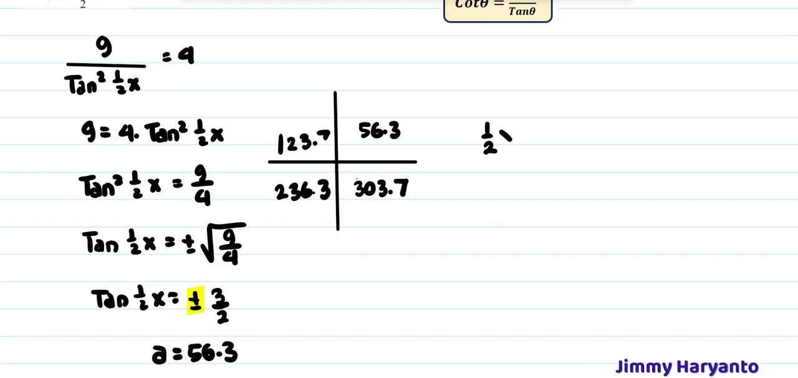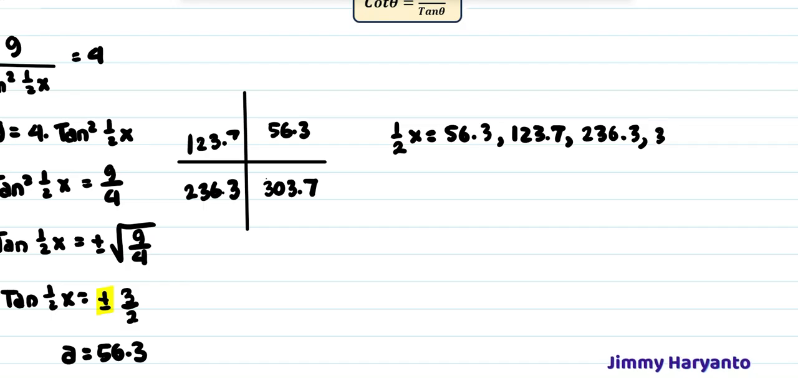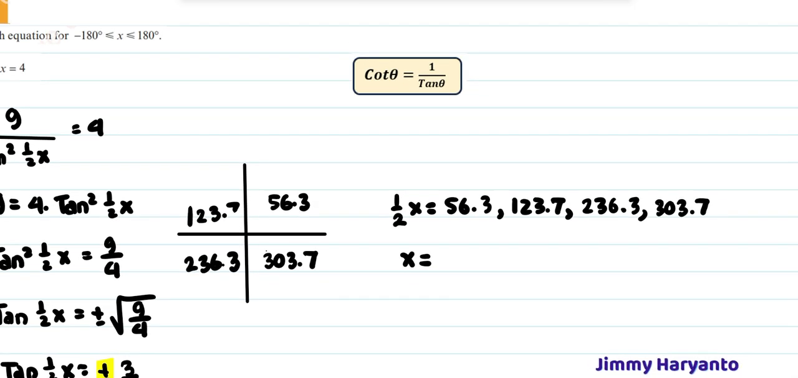Okay, and then we have to rewrite the angle. The angle is half x equals 56.3, 123.7, 236.3, and then 303.7. Okay, and then I only have to multiply them by 2, and then take a look at the, oh no,